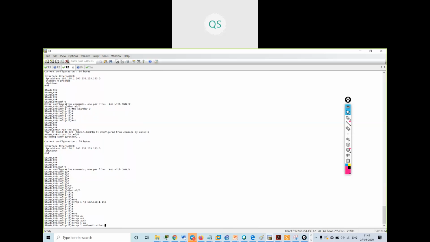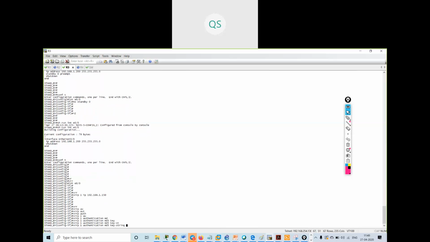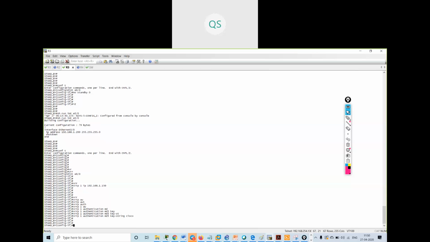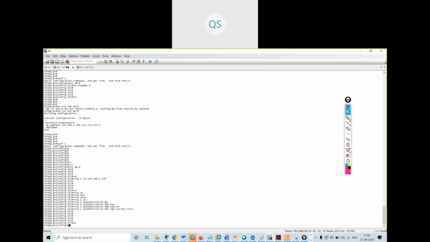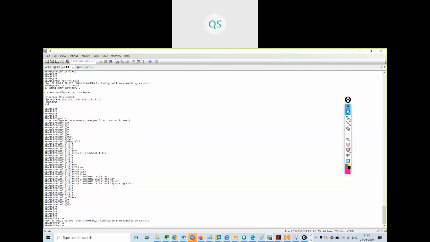VRRP 1 authentication MD5, then key string Cisco. Then show VRRP.